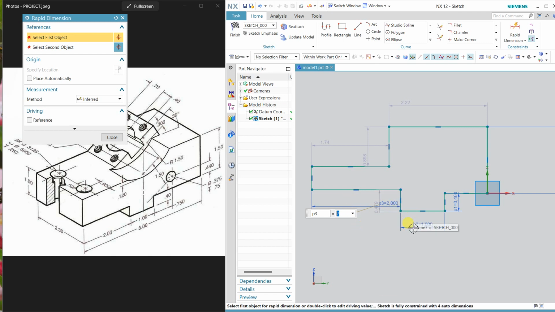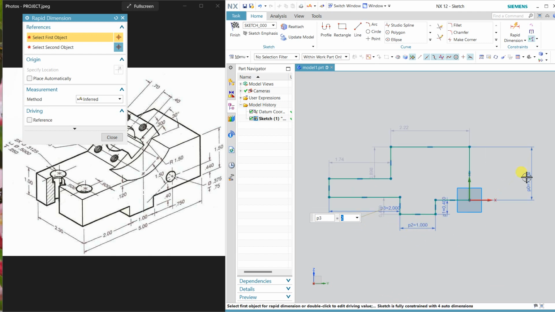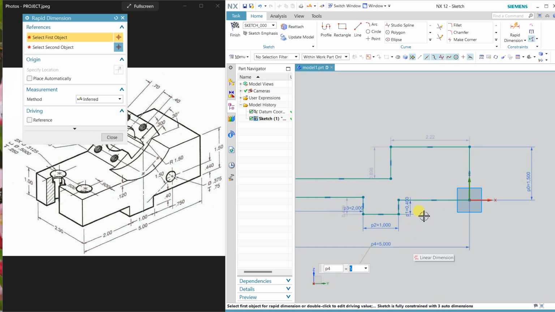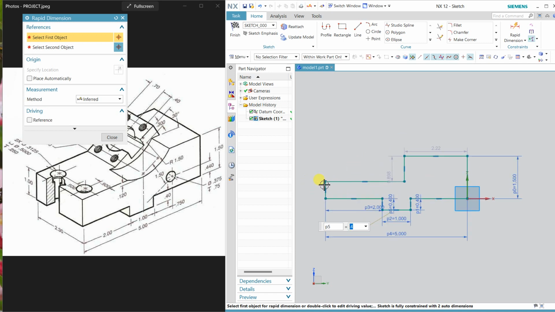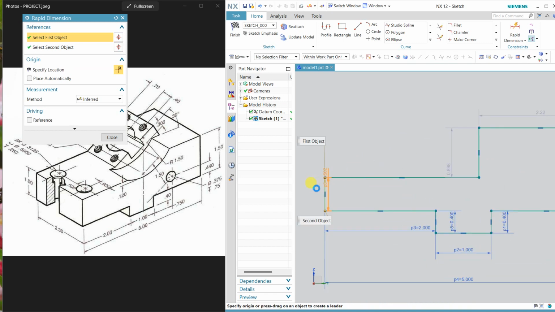Okay, and the thickness is same, so no problem. The total length is 5. Okay, and this value, so click again this, and this value is 0.4, and here this length is